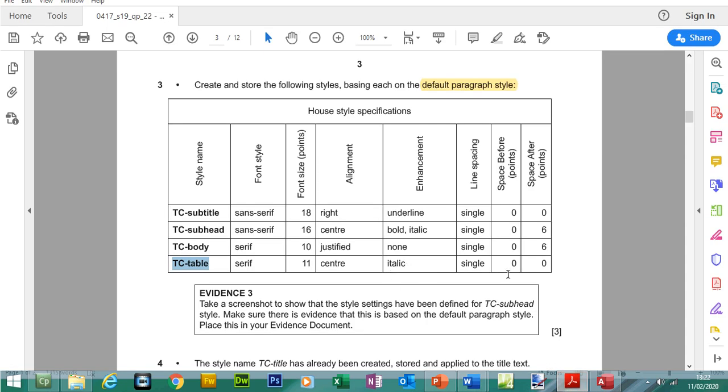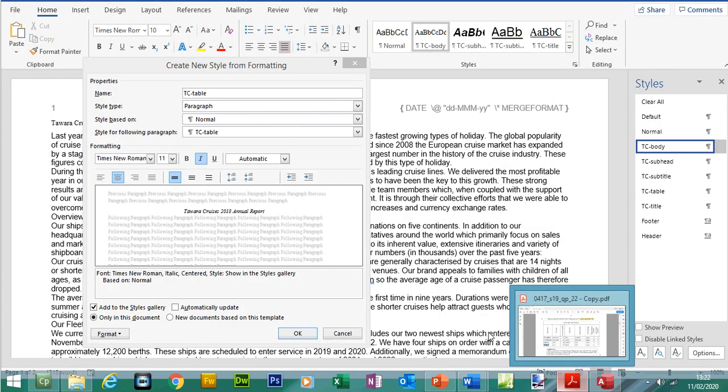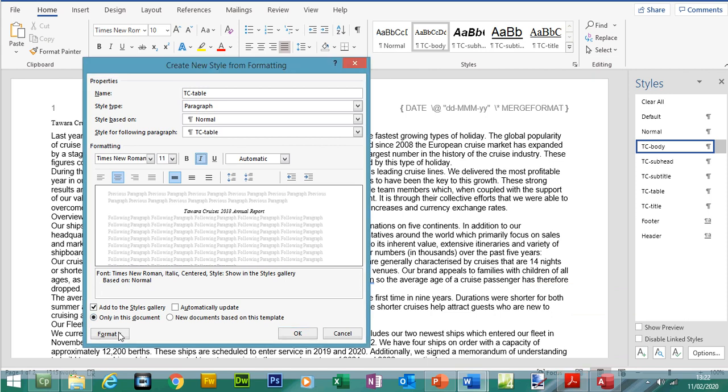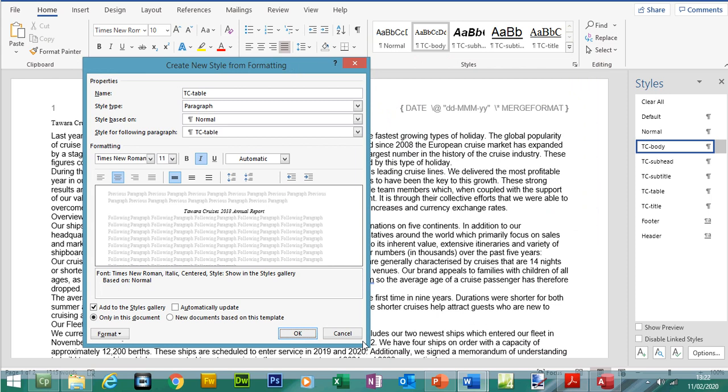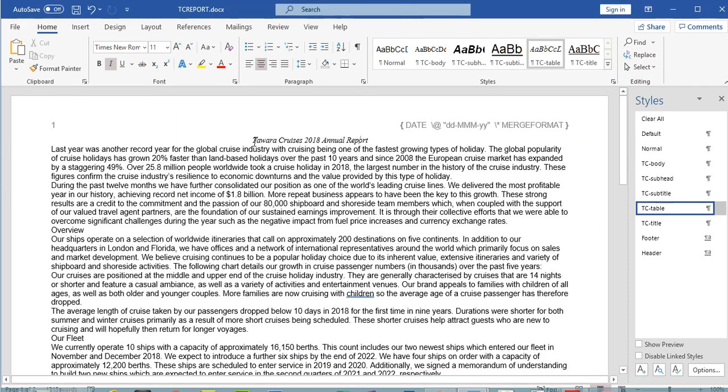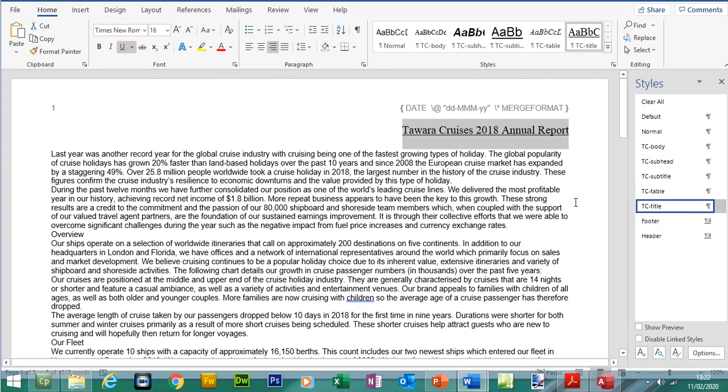As you can see here, single, no line spacing before or after. Yep, so that's fine. Done. Let me change that back to, it was TC title at the start. Okay,